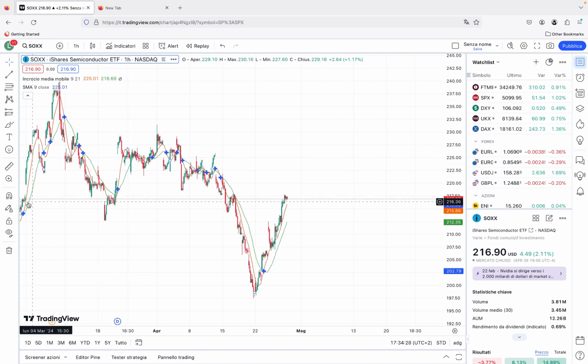Okay, so you can see, for example, 215 and the last is 216. Okay, and more or less it's the same. So this is a sideways trend. Why identify trends? Because